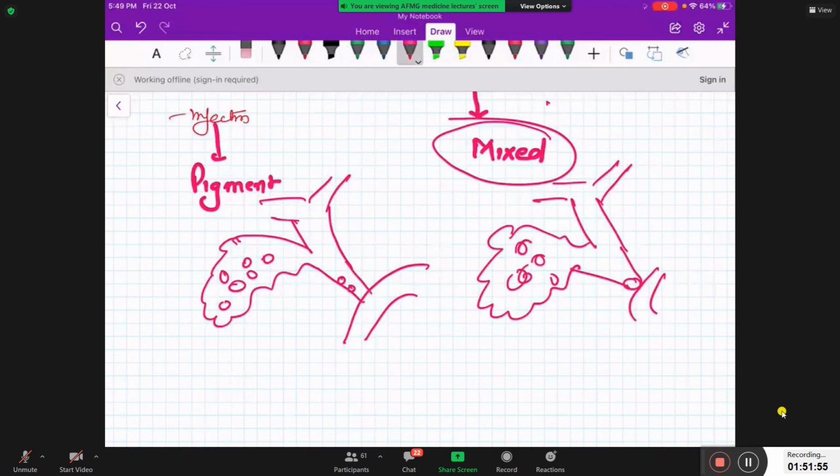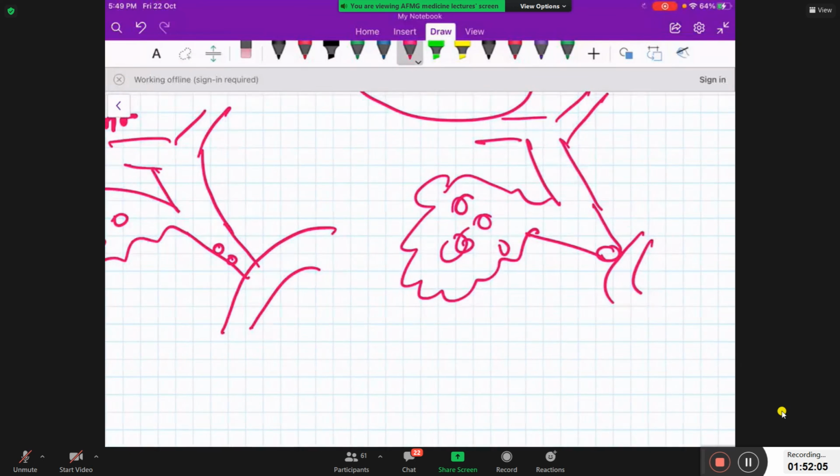Agreed? क्या फर्क है दोनों? एक में कंप्लीट ब्लॉक हो रखा है सीबीडी का, एक में पार्शियल है. Agreed? So correct me. This patient will